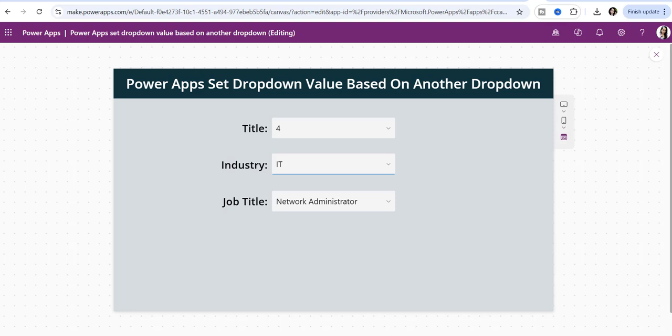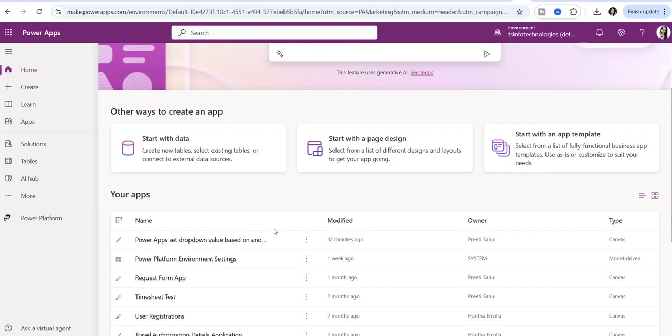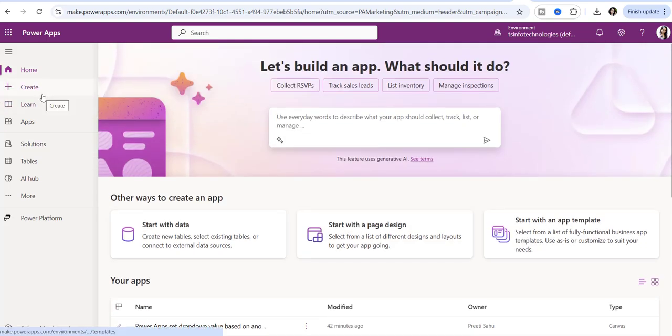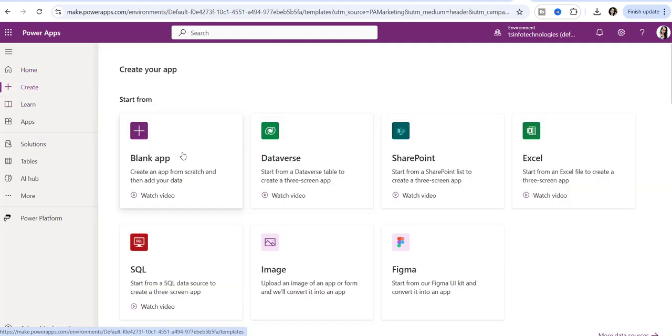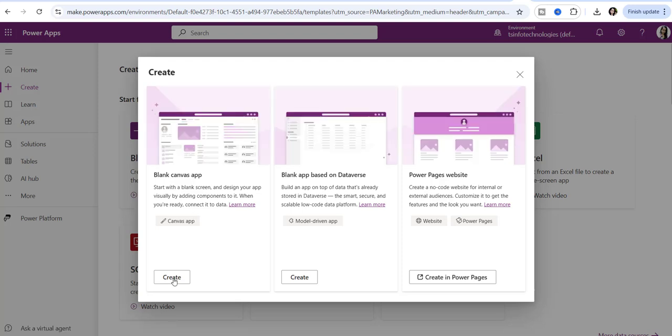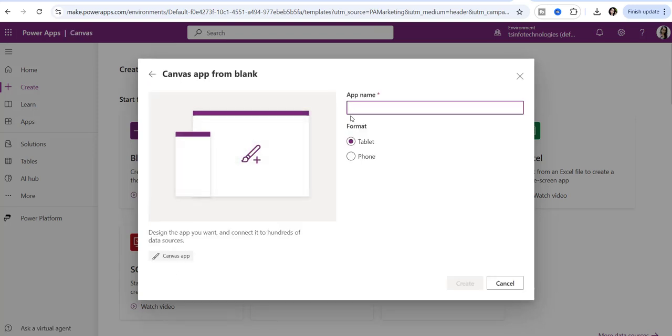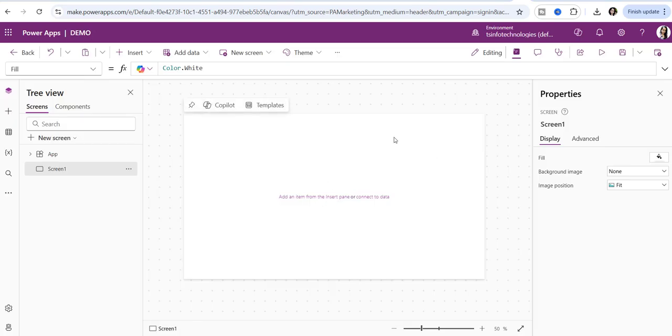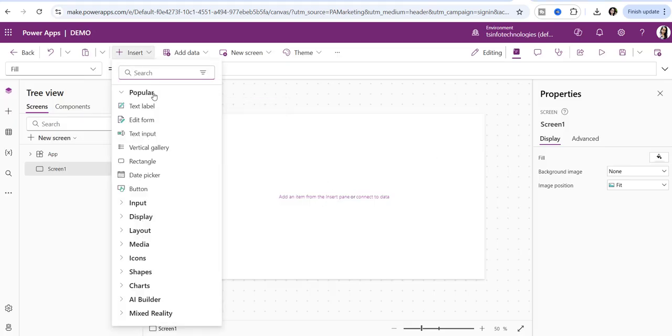Now I will quickly create a demo application and show you step by step. Just create a blank canvas app, and I will take demo as the name and just create it. This new application has been created. Just insert 2